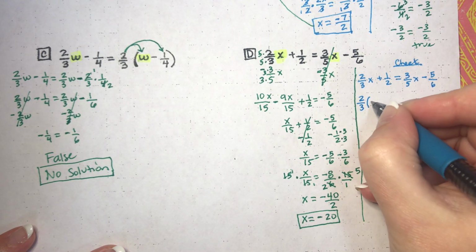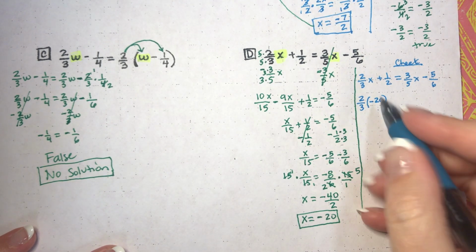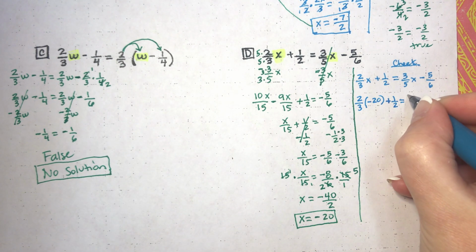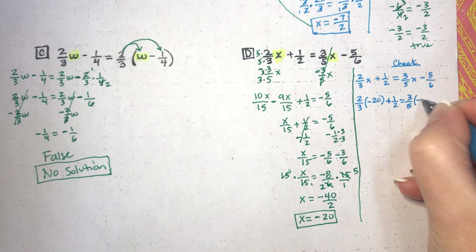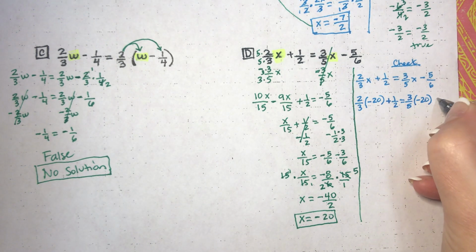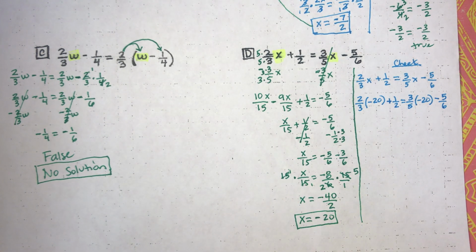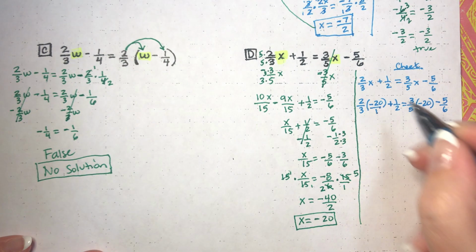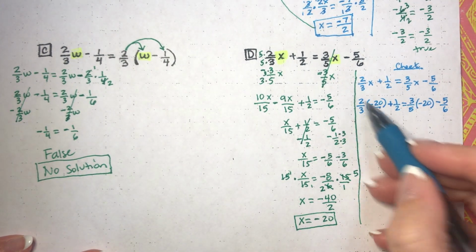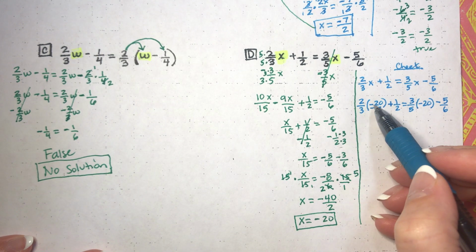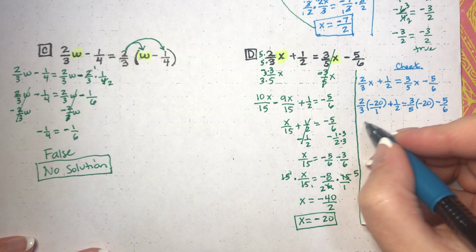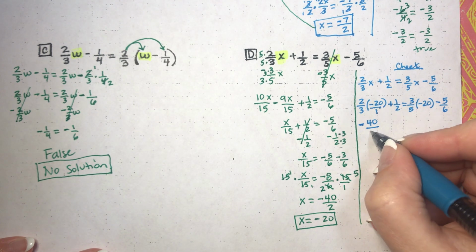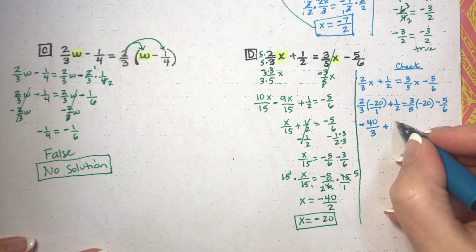So 2/3 times negative 20. Remember, whenever you're substituting in a negative number, you got to put it in parentheses. Plus 1/2 equals 3/5 times negative 20 again for that x minus 5/6. Okay? So here we go. We're multiplying fractions. Okay, we look to cross cancel. There's nothing we can cancel here, so then we just multiply across. 2 times negative 20, a positive times a negative is going to be a negative. 2 times 20 is 40 over 3 times 1 is 3 plus 1/2